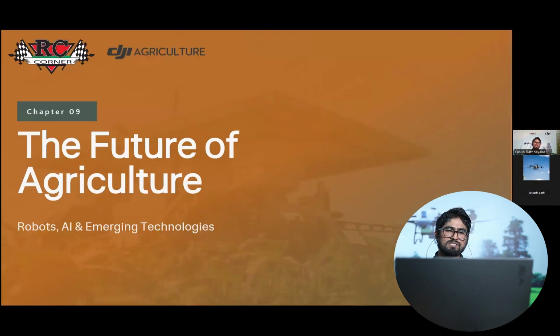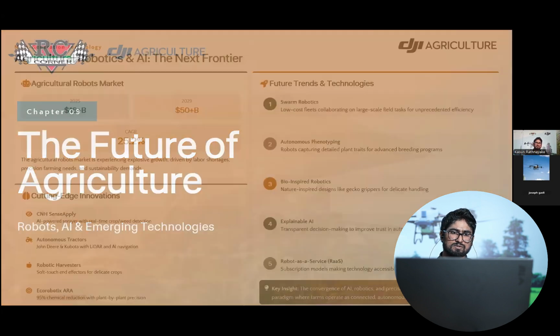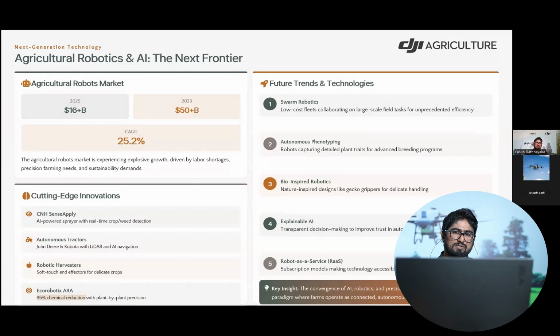So what is the future of agriculture? The future trends and technologies include swarm robotics: low cost fleets collaborating on large scale field tasks for unprecedented efficiency.